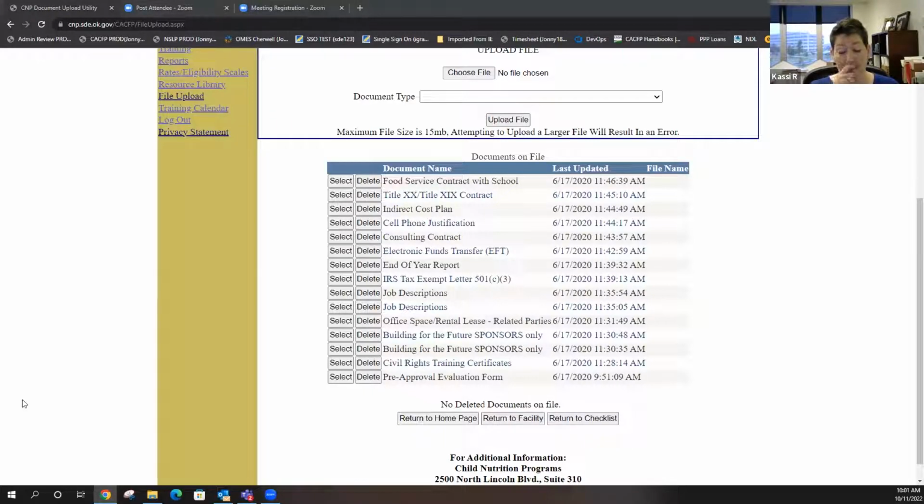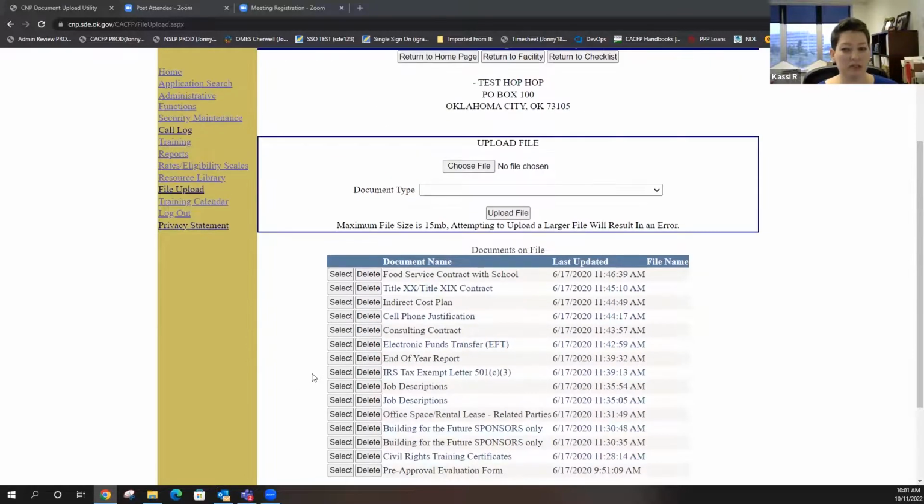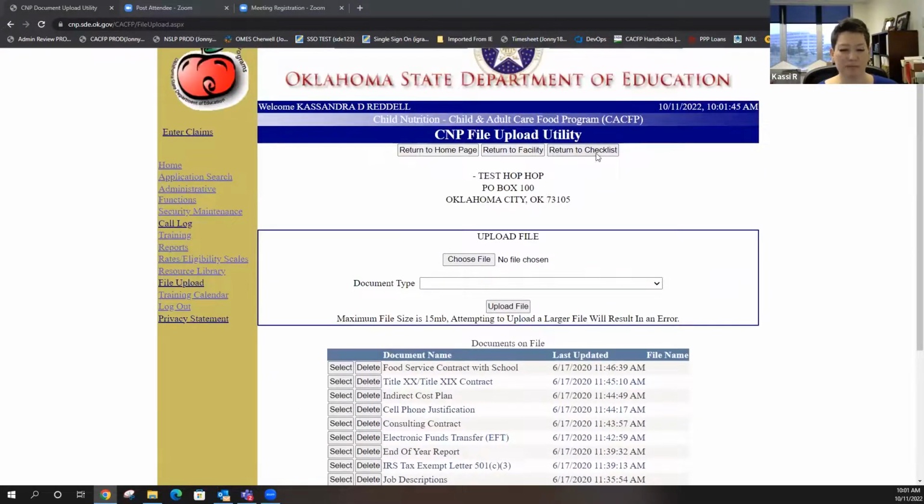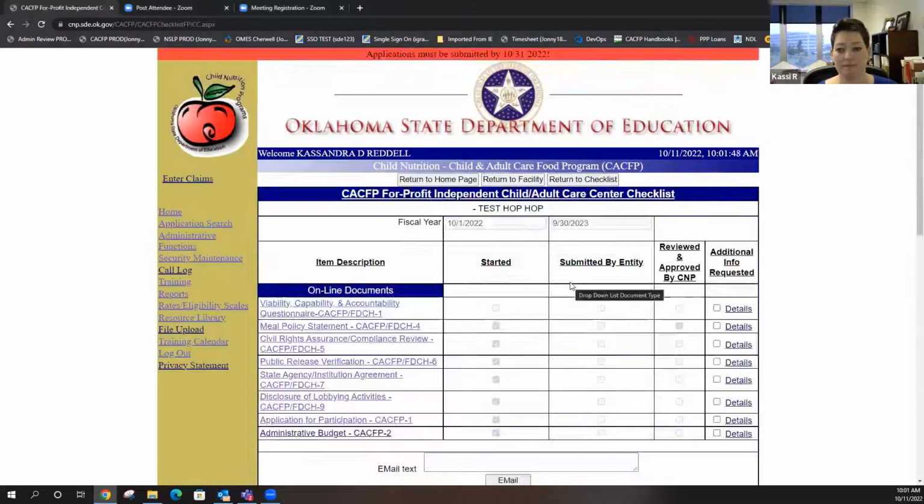So send me the ones that aren't going to be, the enrollment 0, and it makes you put more than that. We can just make the site inactive and then you can leave it be until you're ready to operate them. You won't even submit anything. We'll just make it inactive, and you won't have to submit anything on them until you're ready to come back and do it. But email me the sites you want to make inactive, and that way we don't delete them off of there. Does that make sense? Okay, cool.